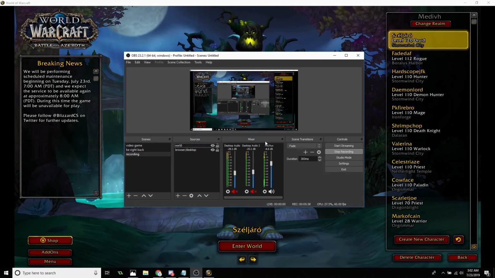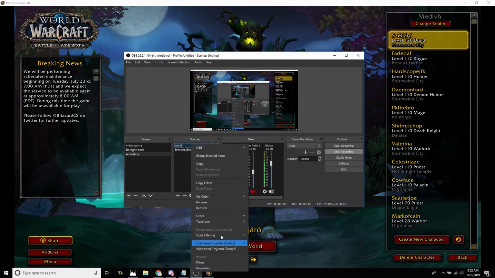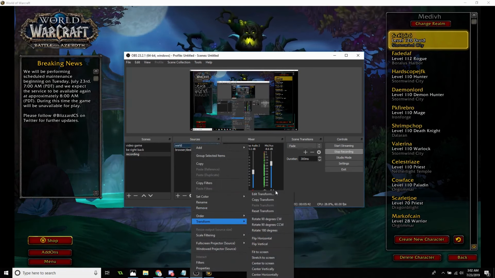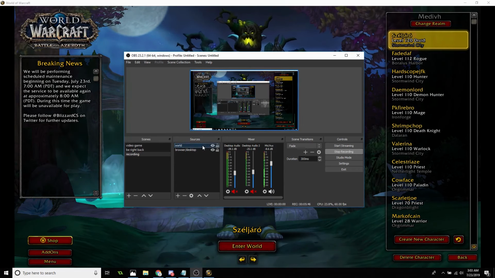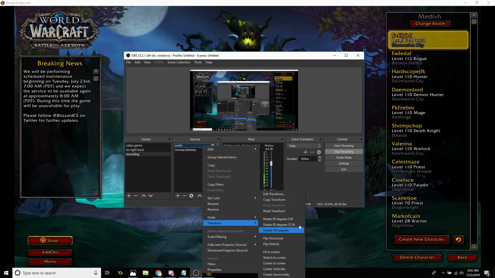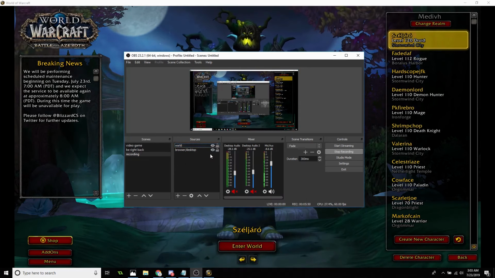Remove. Everything is right clickable as well. You can do a lot of things with these. If you want to transform, if you want to edit these, make them do different things at different positions, you right click and you can do that here. A lot of different things you can do with all the different things to make it customized to your specific